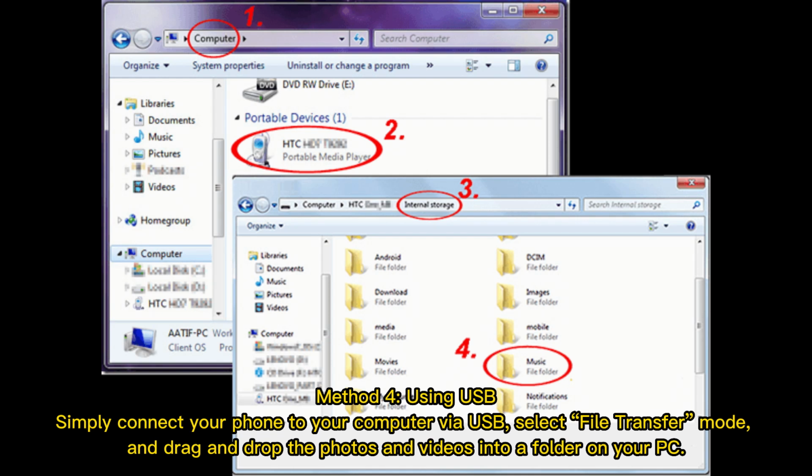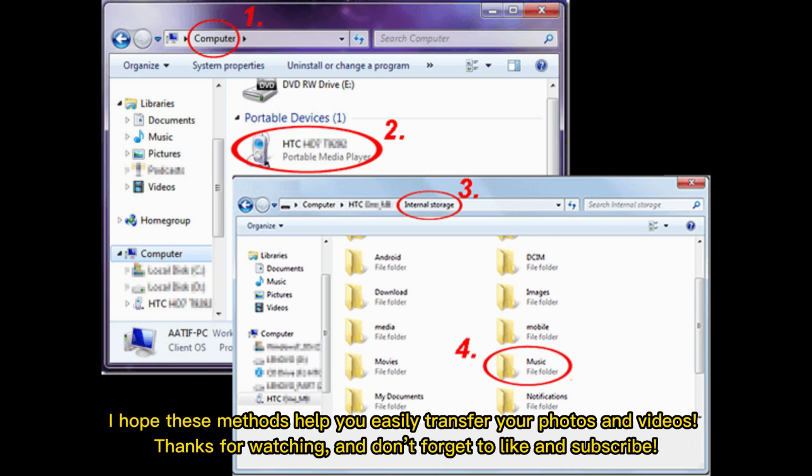Method 4. Using USB. Simply connect your phone to your computer via USB, select File Transfer Mode, and drag and drop the photos and videos into a folder on your PC. I hope these methods help you easily transfer your